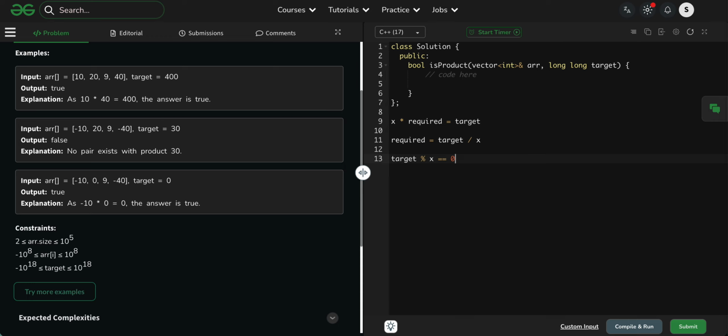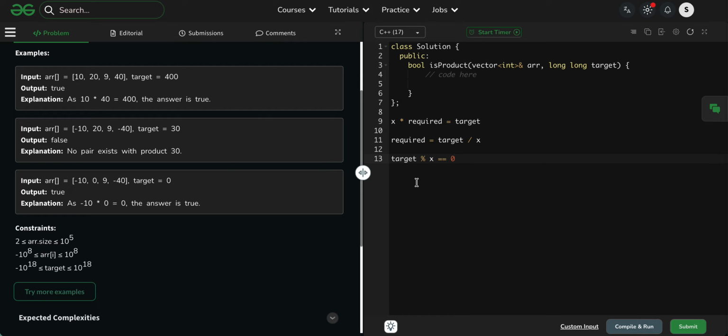So here an important case is target is equal to 0. If target is equal to 0, then a product can be 0, right? Yes, like 0 into any number is 0. So we just need at least one 0 and one more element. Since the array size is at least 2, if there is one 0, the answer is true, right?